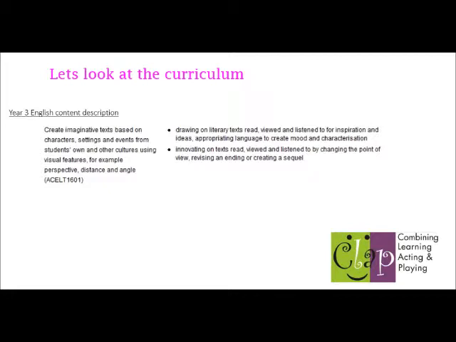Rather than writing individual short imaginative stories, the students could instead work in small groups and brainstorm ideas and write a short script that they could then act out. An activity like this ticks so many curriculum boxes. They are still required to do some writing, which develops handwriting, punctuation, text type, and spelling, but it can develop their verbal skills and confidence through the form of acting.